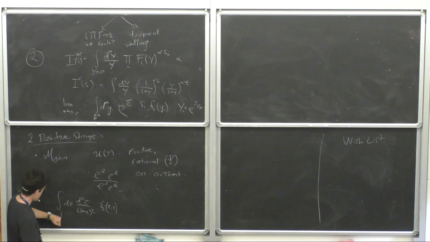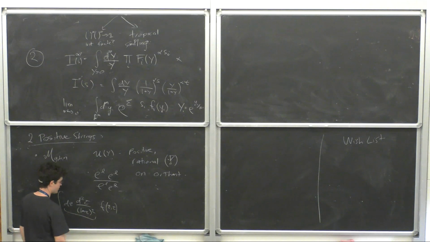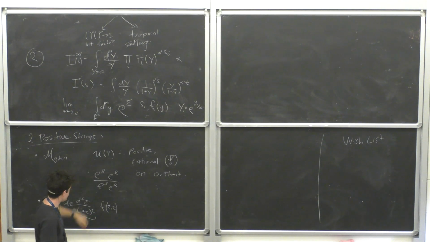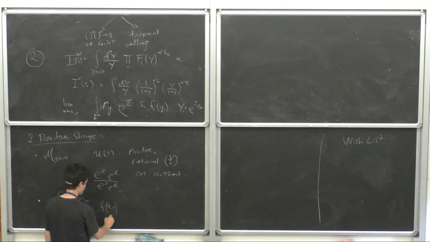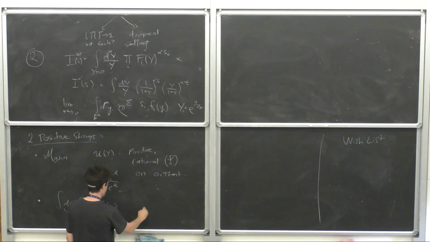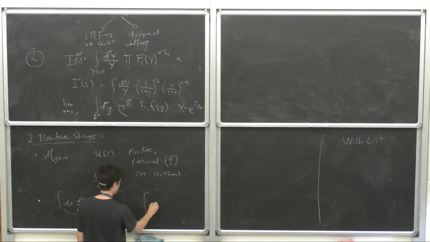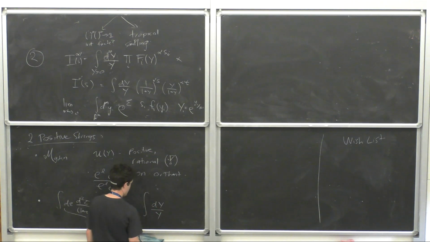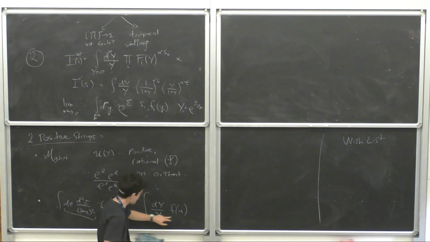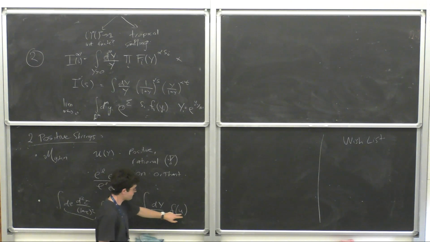If we just ignore the mod out by the mapping class group for a second and focus on what happens to the measure, we can pull back, assuming that f can be written as a function of these u's. I'll show you an example of that in a second. And when you pull back such an integral to the cone, it becomes, once again, of this form, where now the u's are rational functions of the y's, and f will